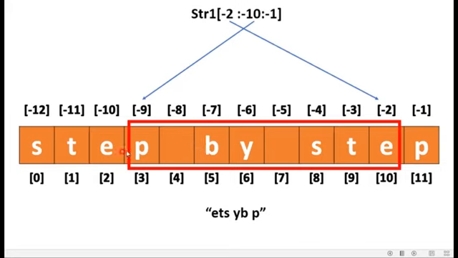So the range is decided from this to this, or we can say from here to there. So minus 2 to minus 9. And the first character here is E, T, S, then we have a space, then Y, B, then again we have a space, and then P. So this is how the negative stride value works.